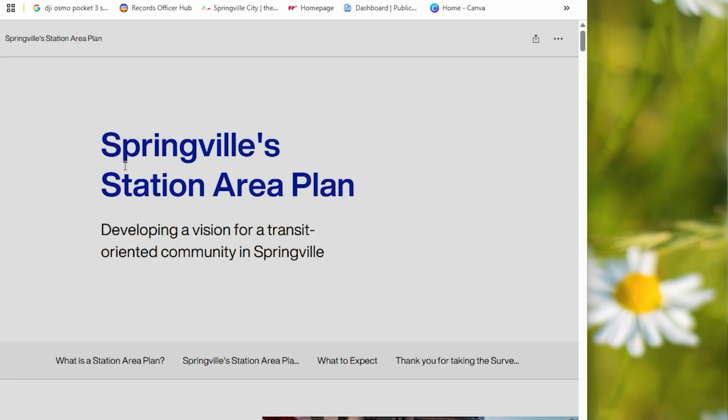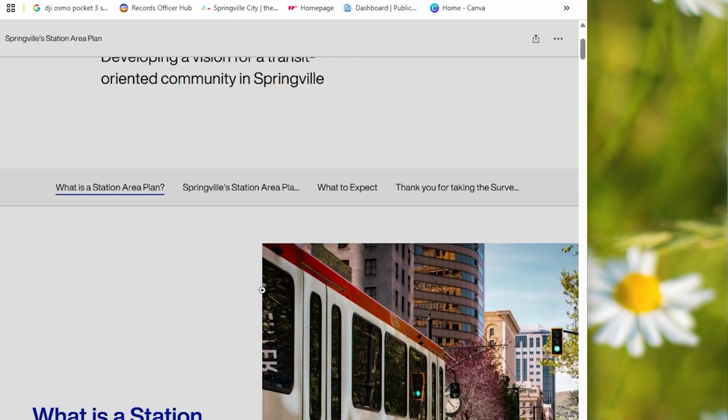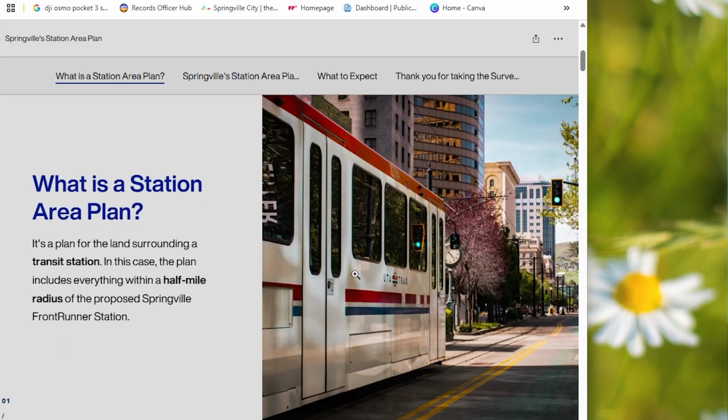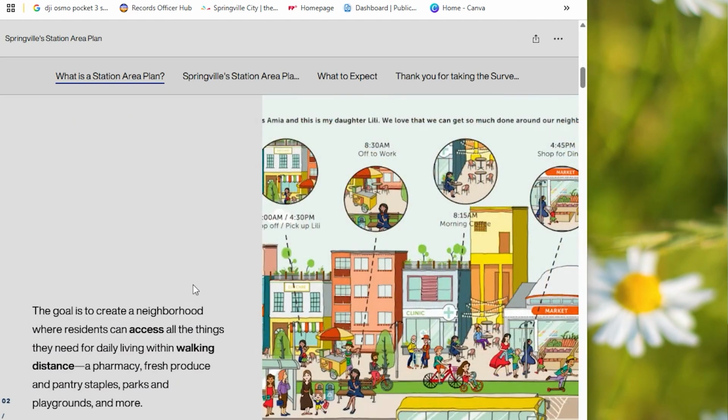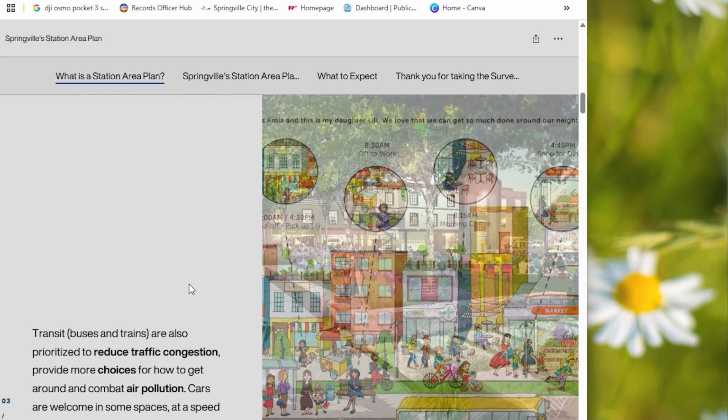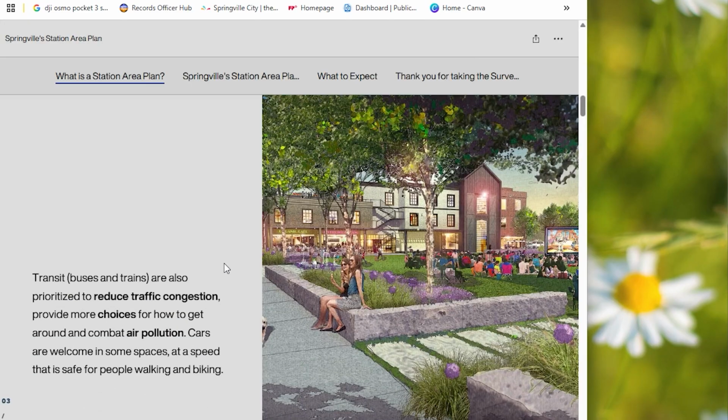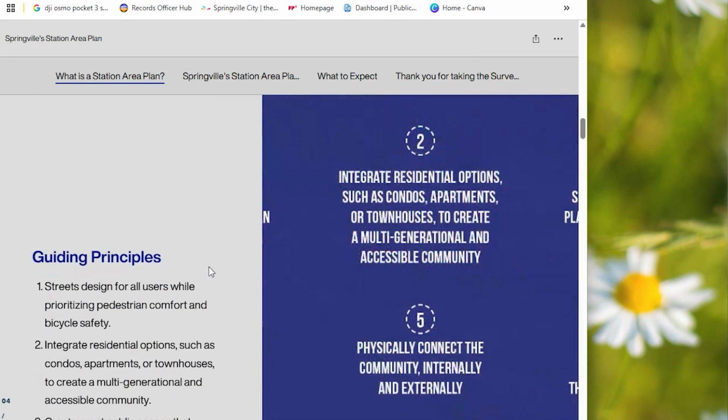Good. Now, to get ready for that, the city has undertaken a station area plan, which is an exercise we've done one or two times before. This time, the impetus was some requirements that came in from the state for municipalities with what they call fixed guideway rail or fixed guideway transit facilities. So something that runs on a track or in a special lane, not just a bus route, a surface street bus route. Because we have the anticipation of having a FrontRunner, a heavy rail, commuter rail station here,